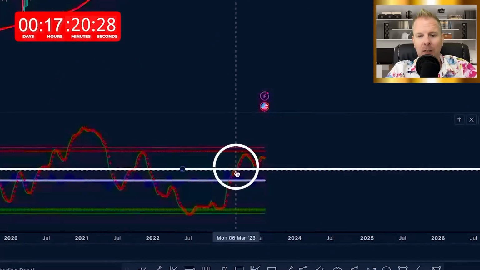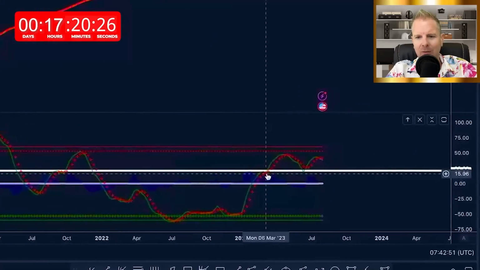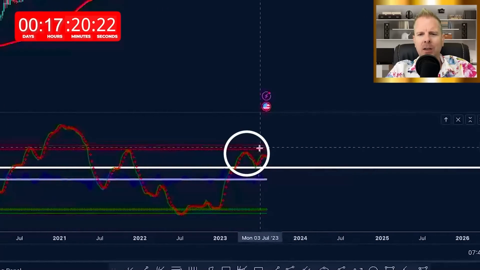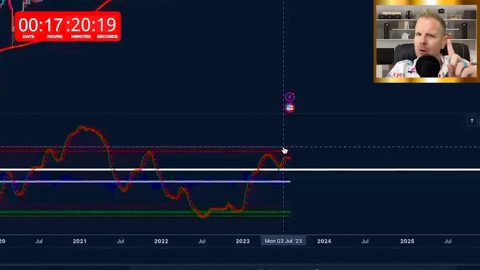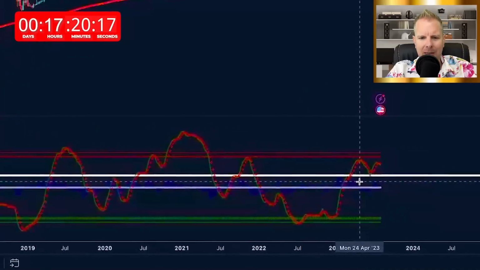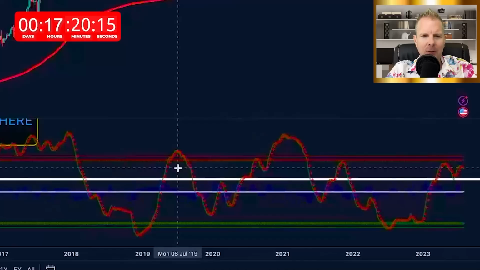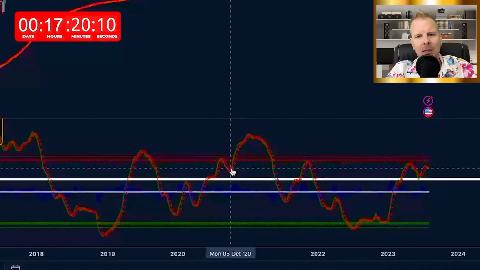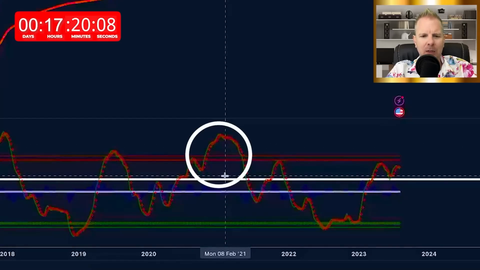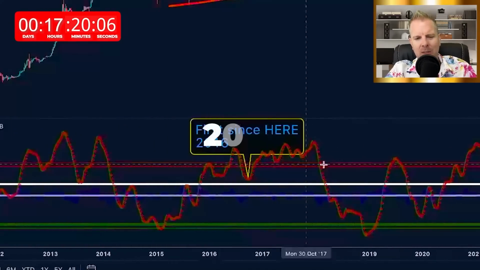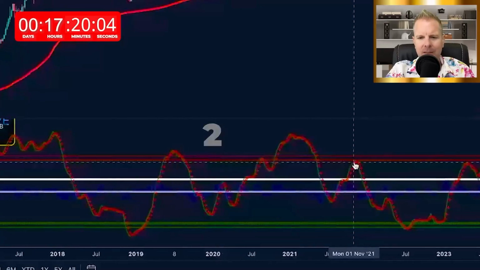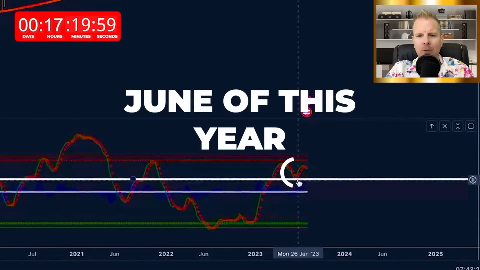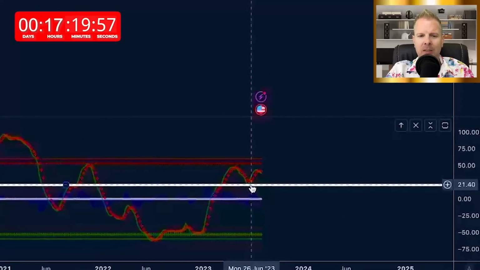So here we are again. We broke through the white line. We were holding some resistance there for a period of time. We broke through it. We went up into this profit taking zone, and we said no to the profit taking zone yet, okay? A similar action to what we had done prior over here. Rejection from profit taking zone, came back down and had a huge rally. And again, when you compare it to 2016, it's ridiculously similar. So what we did back in June of this year was we came back down to confirm this as support,